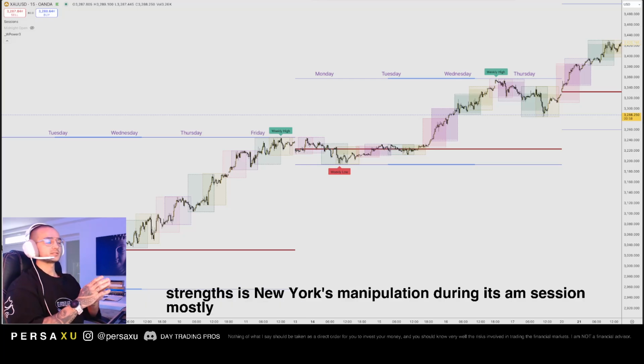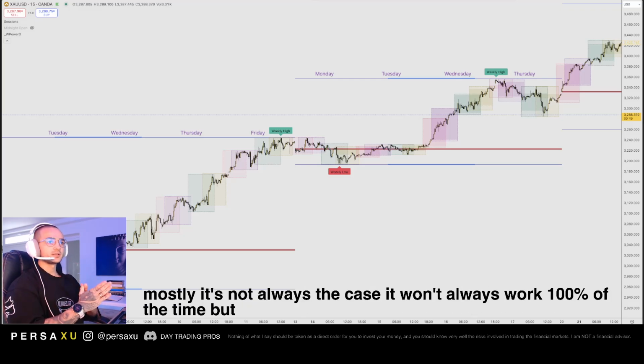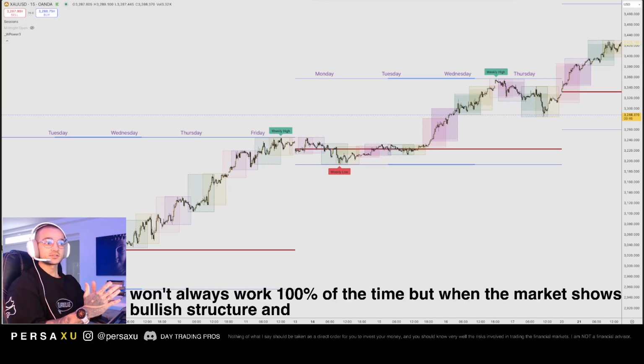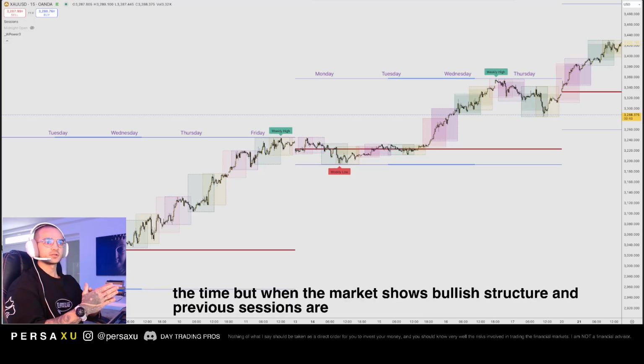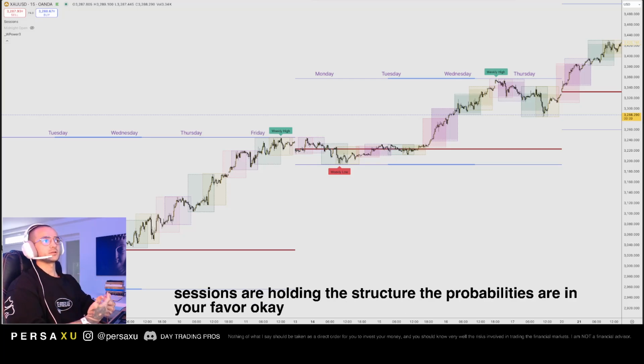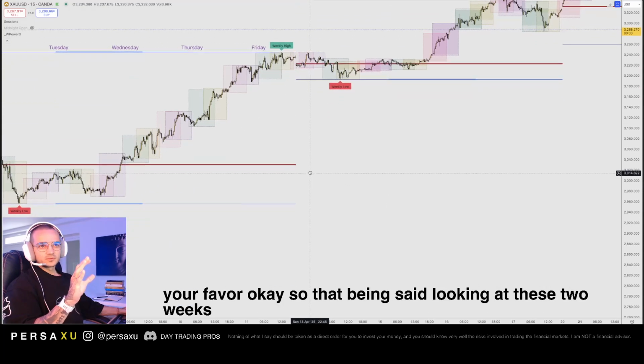Mostly. It's not always the case. It won't always work 100% of the times. But when the market shows bullish structure and previous sessions are holding this structure, the probabilities are in your favor. Okay? So that being said, looking at these 2 weeks, I have to pull the chart a little bit here